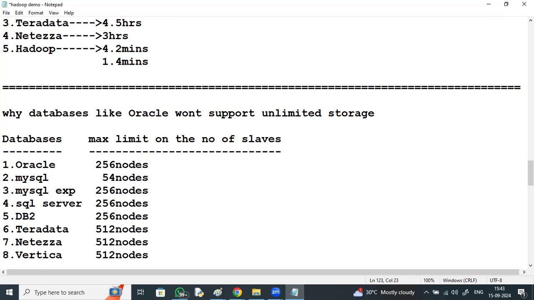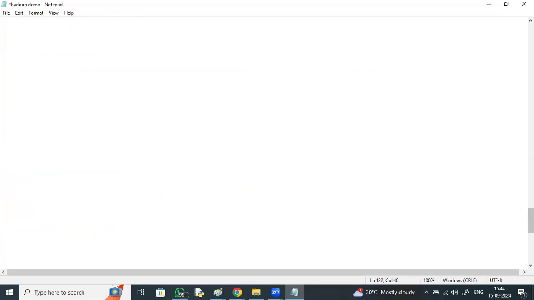But in the latest versions, Teradata goes with 1024 nodes for storing its data, CPUs, and Netezza also goes with 1024 nodes.